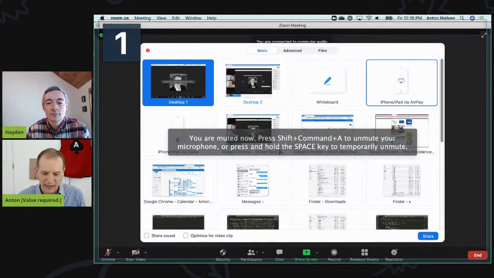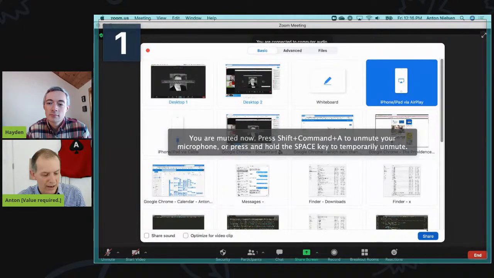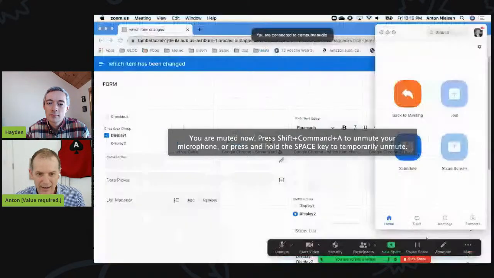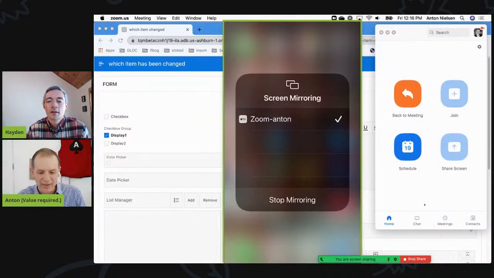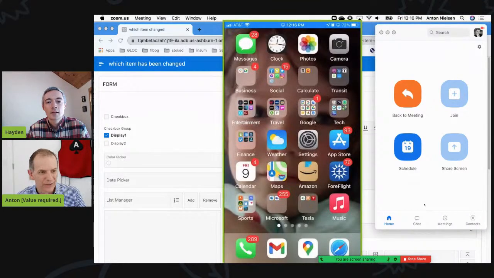That allows me to swipe up on my screen and do screen mirroring on my phone. And when I do that, my phone automatically shares to, let's see, can I get that working? All right, so I'm going to click share. There we go. Now we actually see my phone screen directly. Right through Zoom, I can share my phone. Now I can show my photos a little bit more easily.